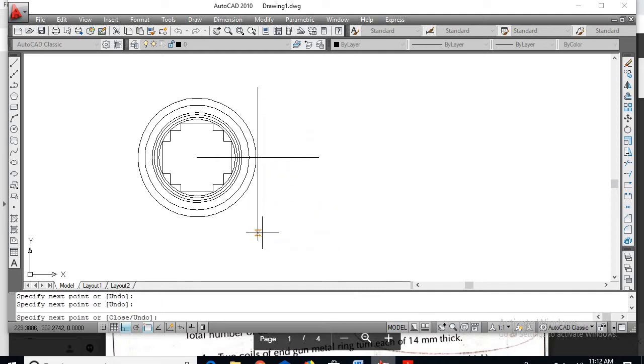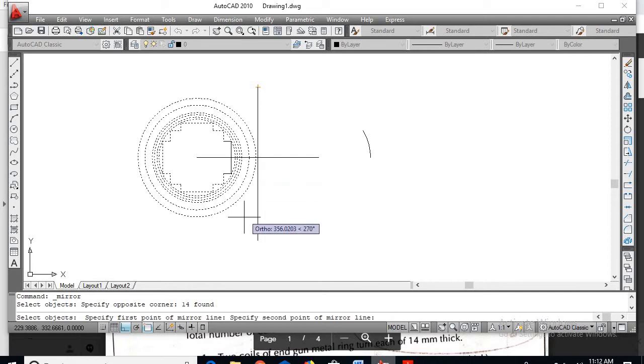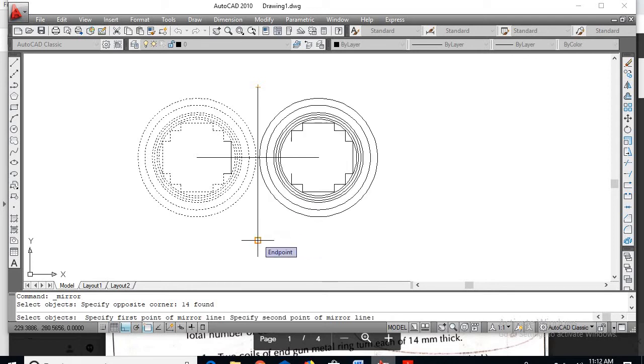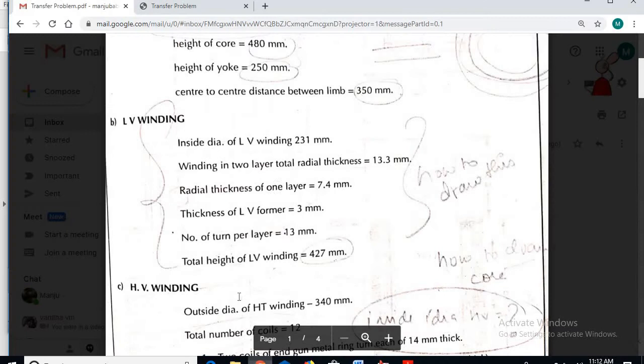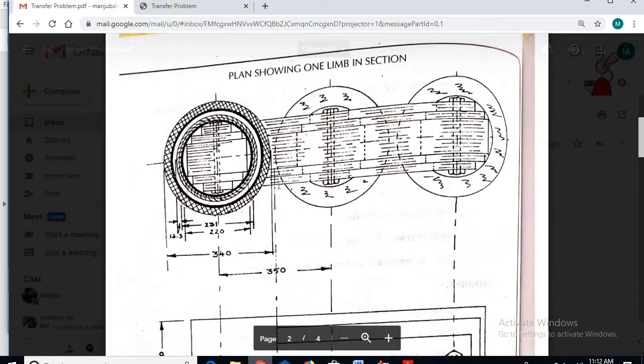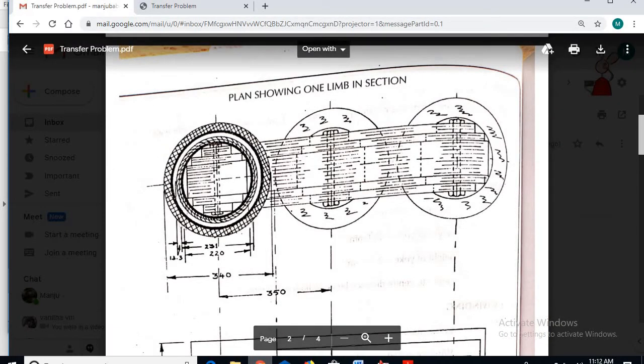So now go for mirror. Select the whole object, enter, take the first point of the mirror, second point of the mirror here, and say no, enter. Okay, so you can see here there is no much gap.